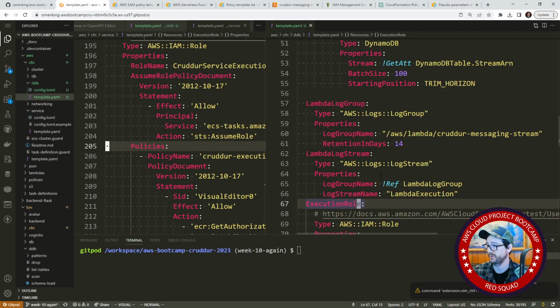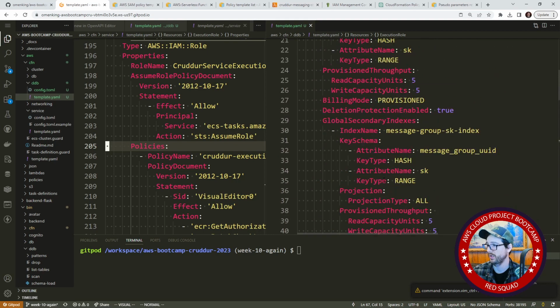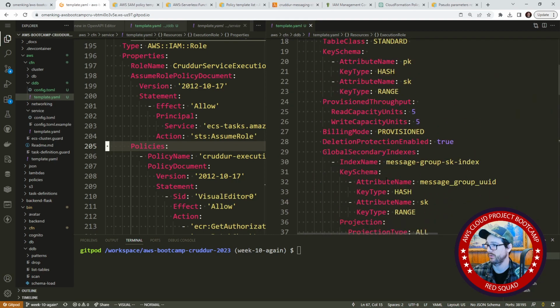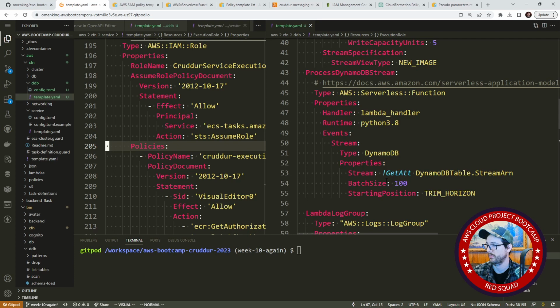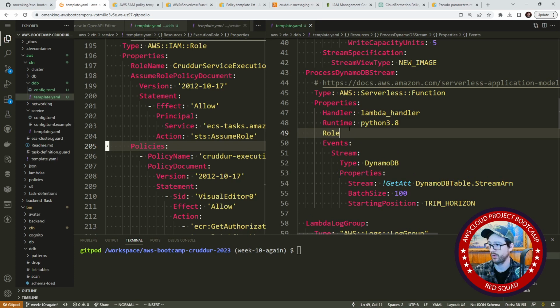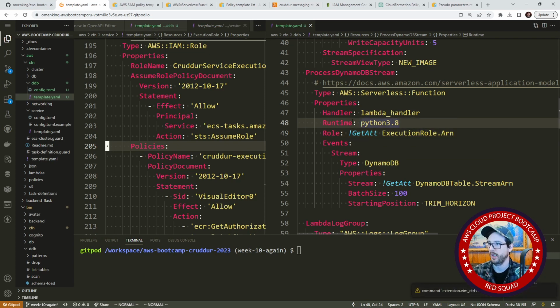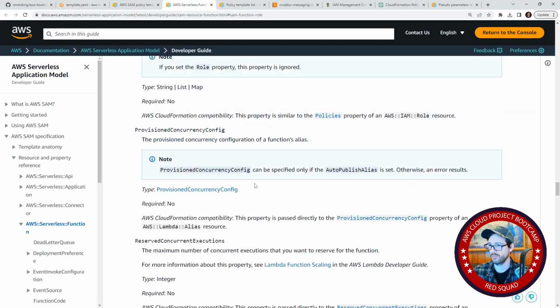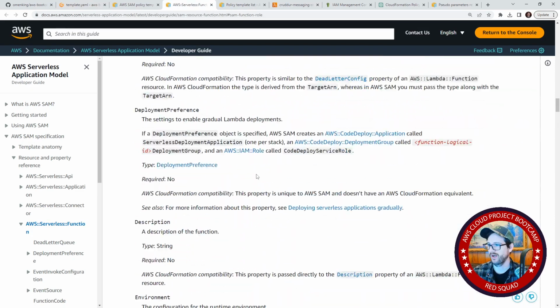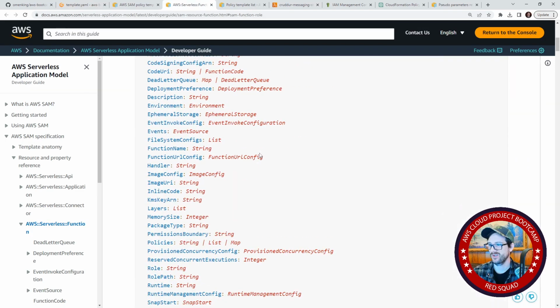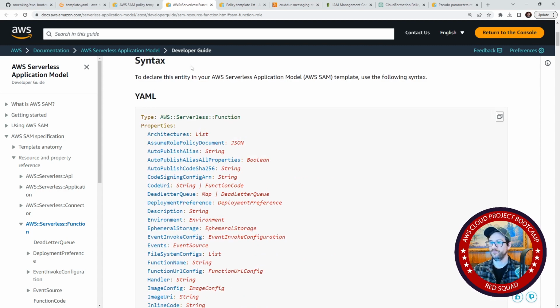So we'll go down to our Lambda. Where are you, Lambda? Our serverless function. Maybe it's here. It's here. And we'll just say role. I'm going to assume it wants the ARN. So we'll go here and say get ATT. We'll paste that in. It'll just be like ARN. That's usually what it is. We should still take a look at some of the other options here because that is quite the light configuration, as you saw how many properties there are. So